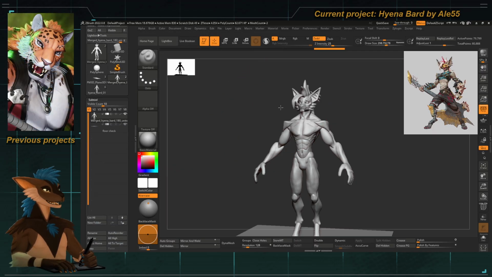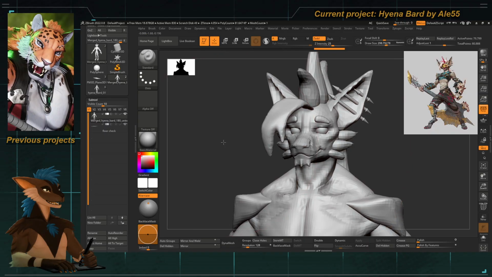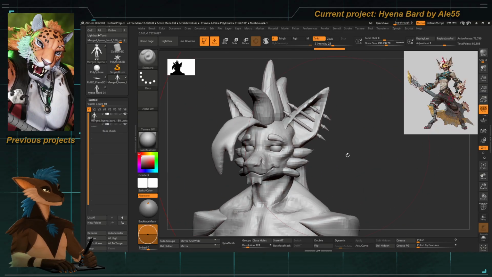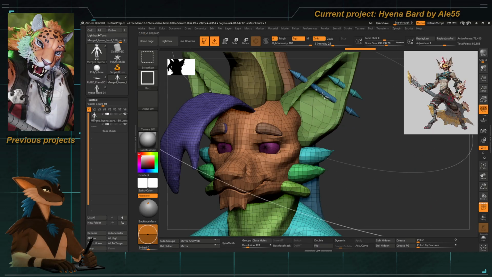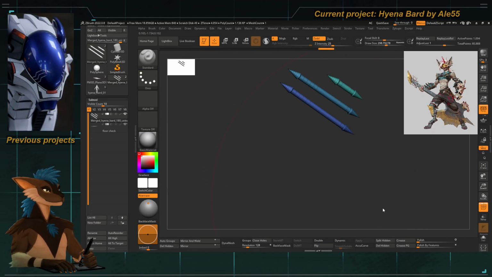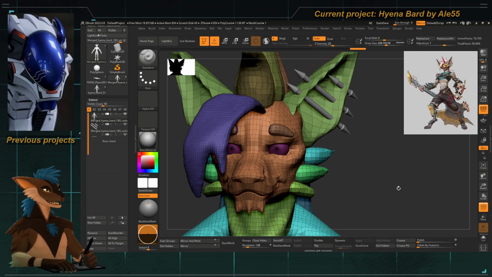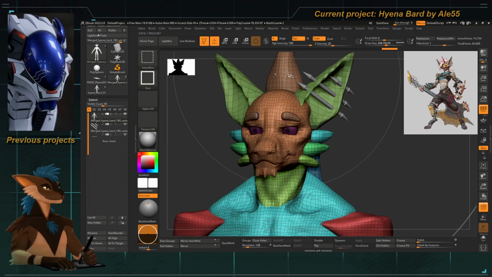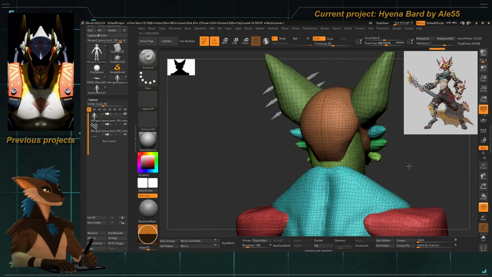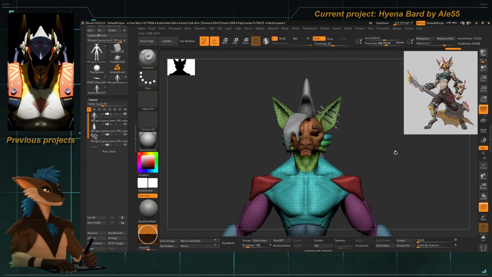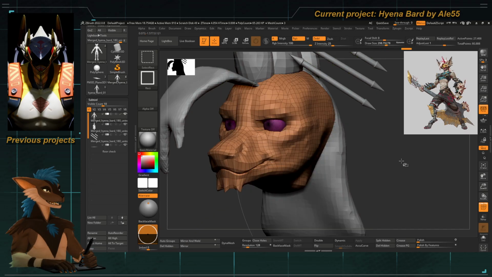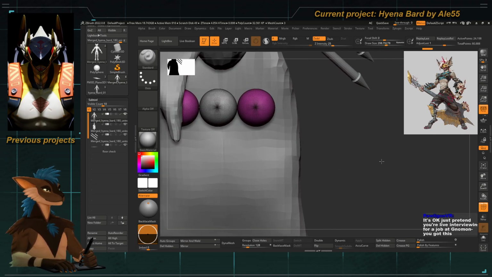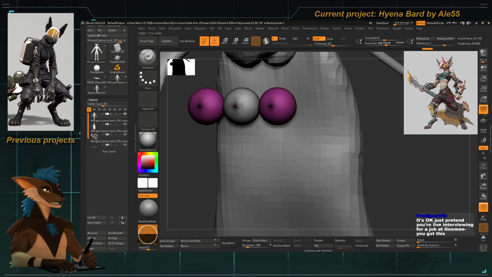The last check that we need to do is to make sure that we have our separate subtools back again. So if we go by polygroups, we are going to split the earrings again. We're going to split the hair. Is that everything? Yes. Split hidden, and now we're going to split the eyes. I think, yes, there was one hidden on the inside. So these are the eyes. The one in the middle is a sanity check for myself to make sure that the